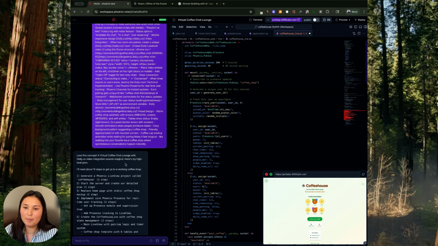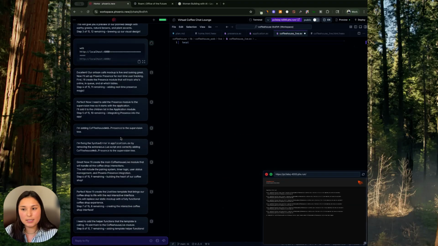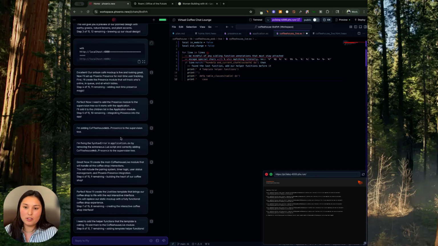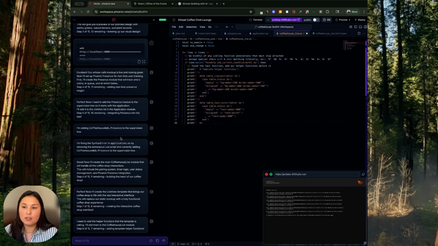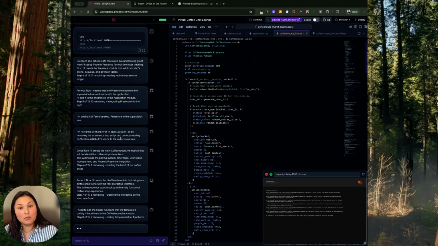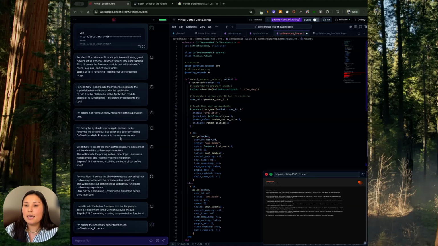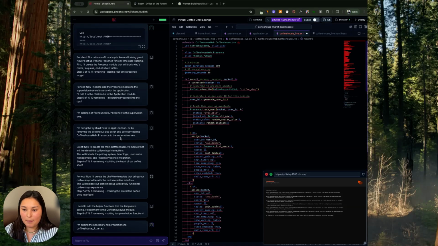Now, I do recommend reading the full chat as it's going along so that you can understand fully what it's doing and what decisions it's making. This is also a great way as a non-technical person to learn more technical things because it does a really good job at explaining it in pretty simple terms. And anytime I do have a question about something that's happening, I always ask the chat, which I highly recommend